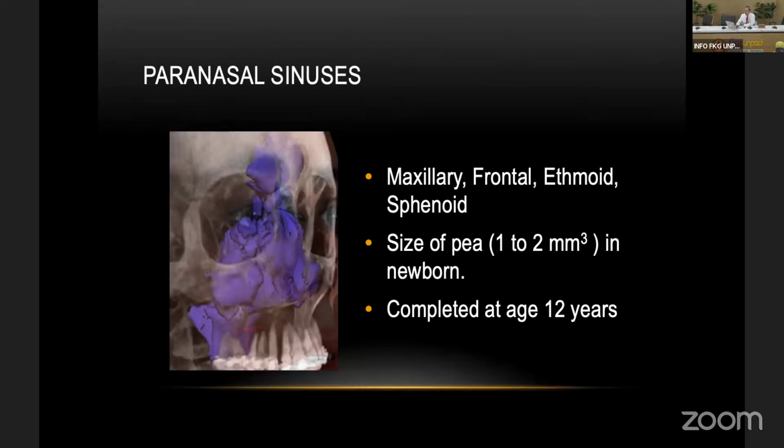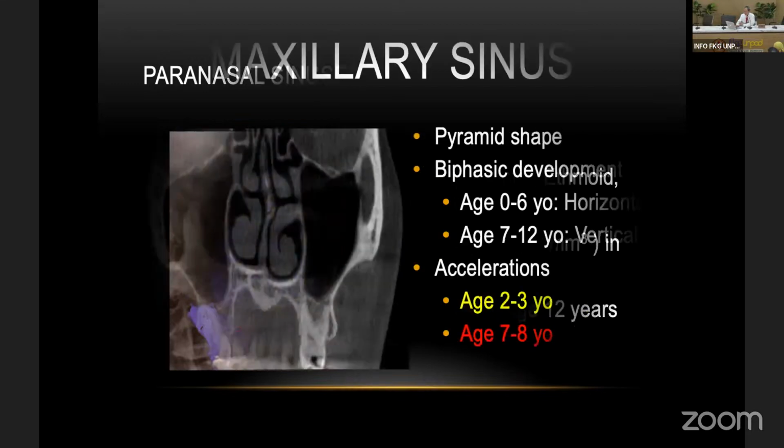When a patient is just born, the sinus is small, 1 to 2 millimeters cubed in a newborn. It is completed at age 12. So when they are 12 years or older, the sinus is mature.